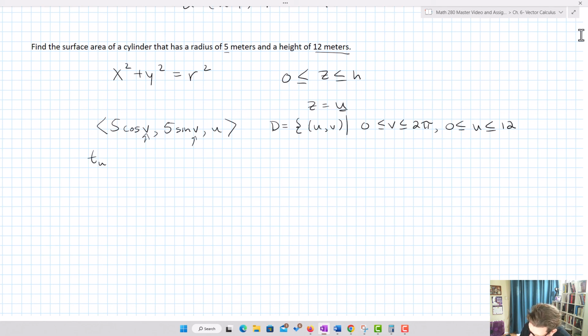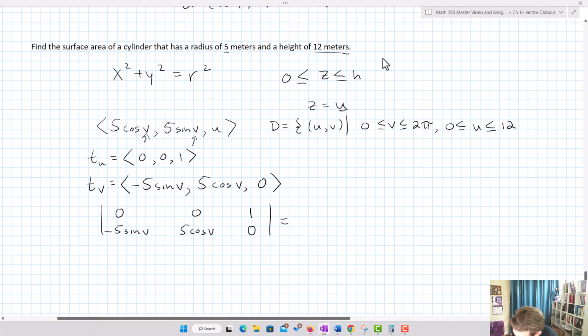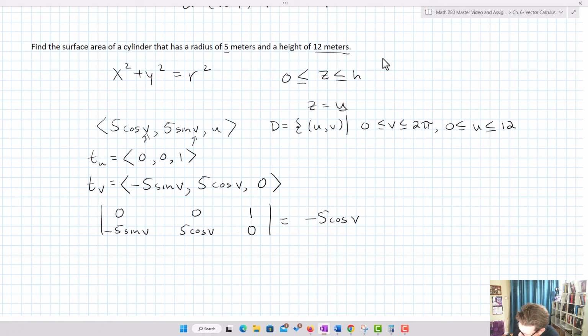So what I'm going to need to do now is I'm going to have to find tu. So tu is going to end up equaling 0, 0, 1. And then tv is going to end up equaling negative 5 sine v, 5 cosine v, and 0. We'll take their dot product, or excuse me, their cross product. So I've got 0, 0, 1, and negative 5 sine v, 5 cosine v, and 0. This ends up equaling, okay, negative 5 cosine v i, plus, or rather minus, every time, minus negative 5 sine v j,